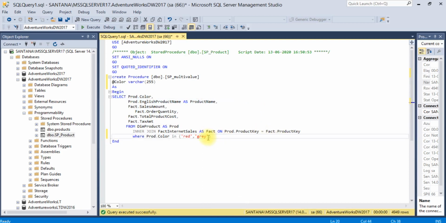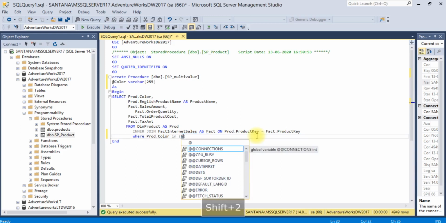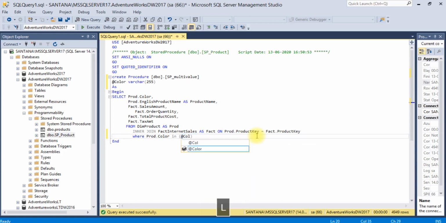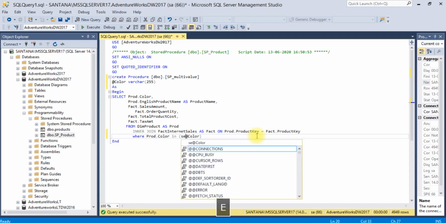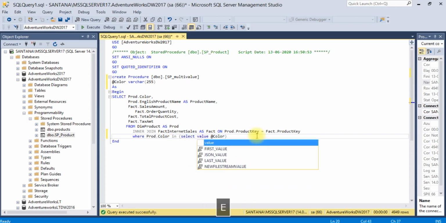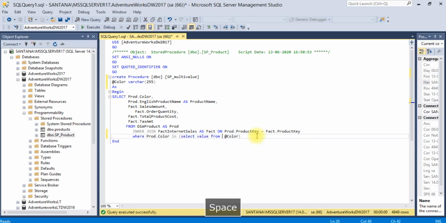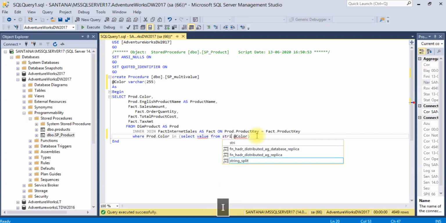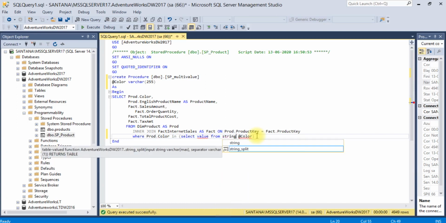So to do that, we need to write a split function. Select value from STRING_SPLIT.